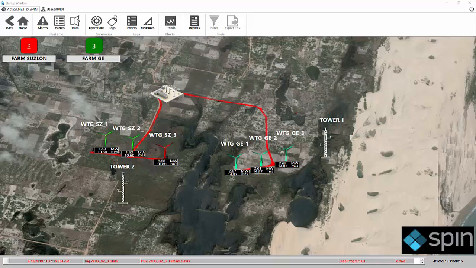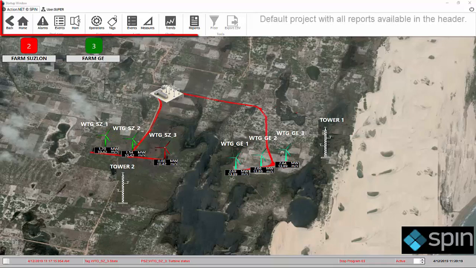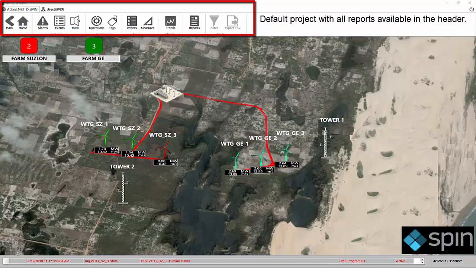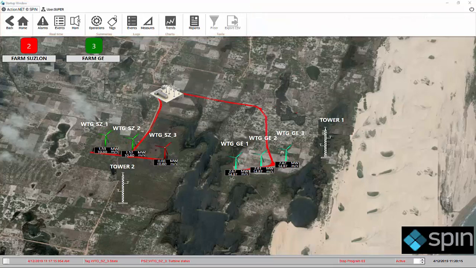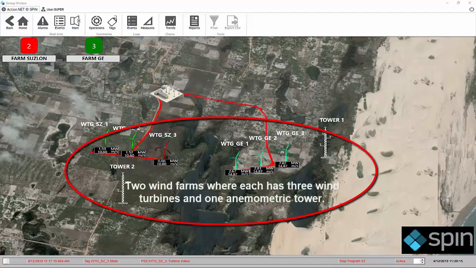This application was created, using as a base, 4 components of the Lean Automation methodology. 1. The spin component, that generates the default project, with all the reports on the header. 2. The industrial substation, that generated a substation, with 1 line, 1 transformer, and 2 collector circuits. 3. The wind power component, that generated 2 wind farms, each one of them with 3 wind turbines, and 1